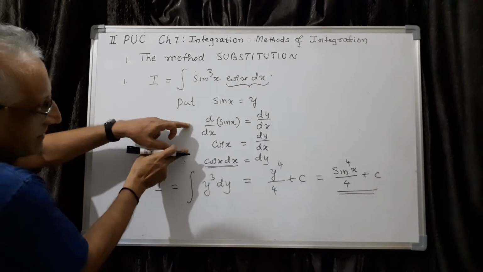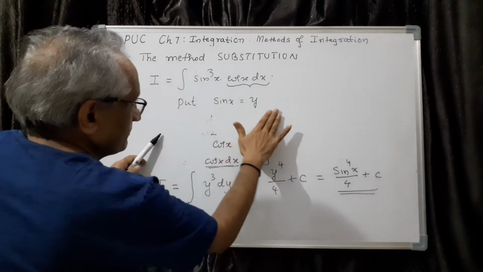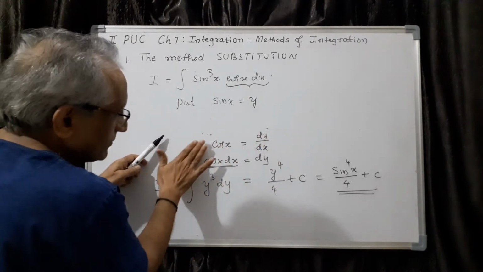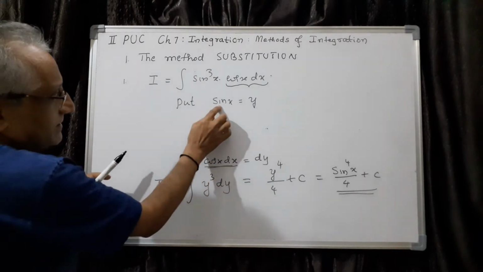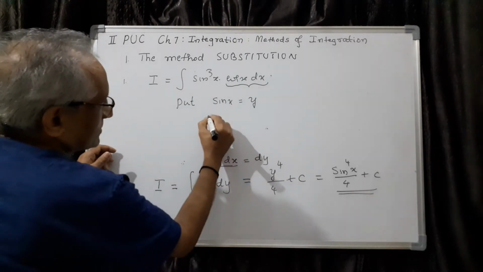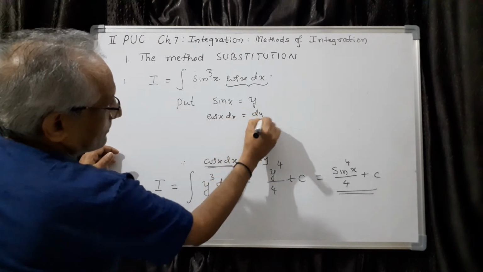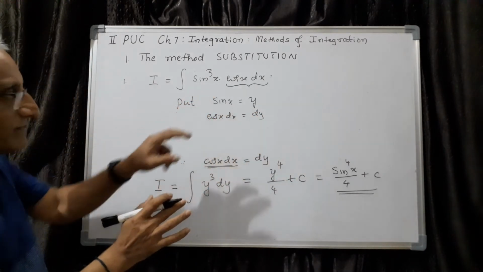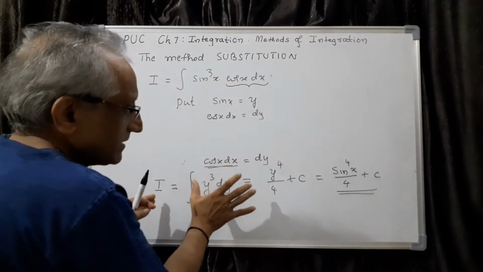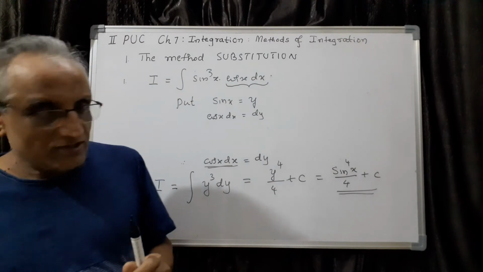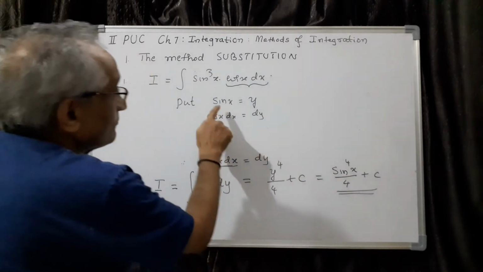And here in this step, normally we don't write this one. What we do is we avoid this step, and directly we write, even avoiding this step also. Afterwards you do this one. Differentiate this one. Differentiation of sin x is cos x. Then with that you write dx. And differentiate this one, so you write dy. So these are the two things you have to remember: first substitution, then writing this one. Then substitute in the given integral and then proceed. So this is the procedure. And after this integration, you have to substitute back.